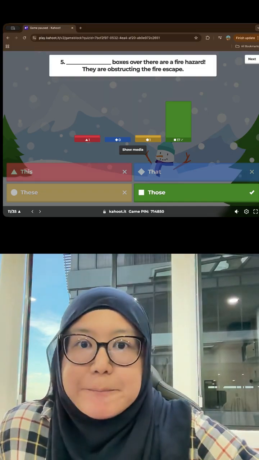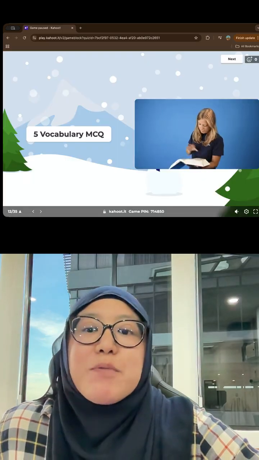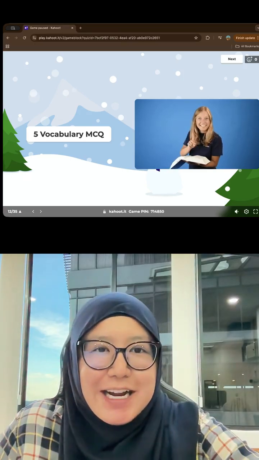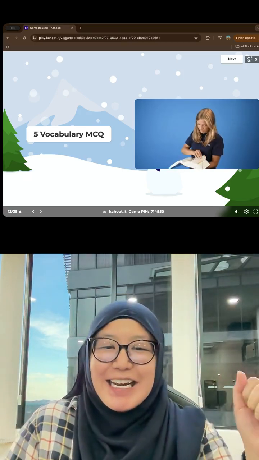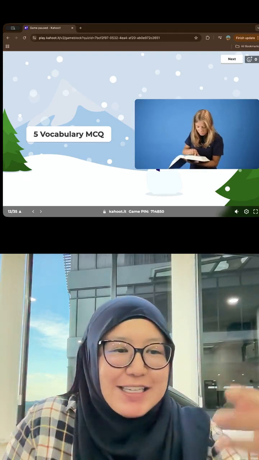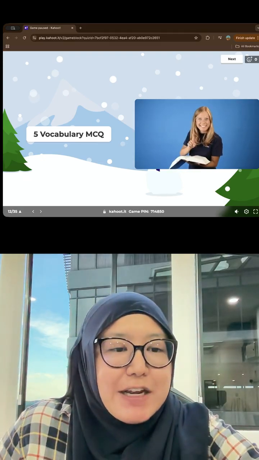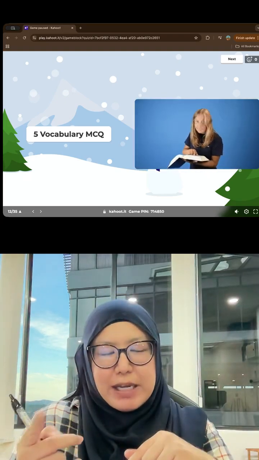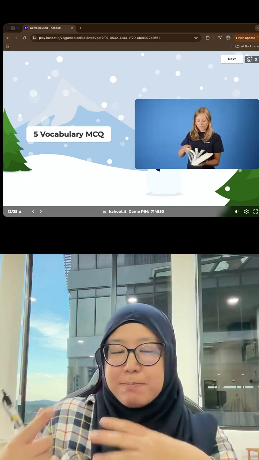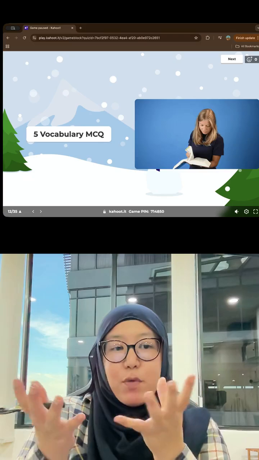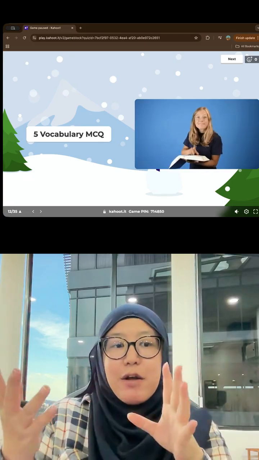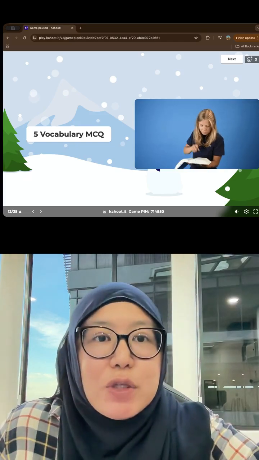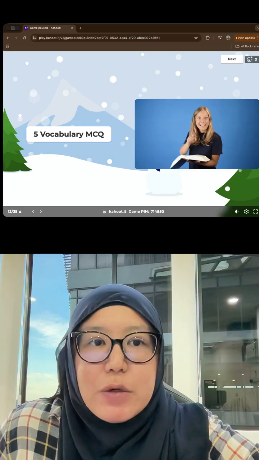All right, now let's move on to your vocabulary MCQ. Okay, time to open your dictionary, but I strongly suggest you not to because this is a pop quiz. So what is the difference between that and those? That is for singular, something that is near to the speaker but singular, only one thing. Those is meant for plural. Now let's move on to the vocabulary MCQ.